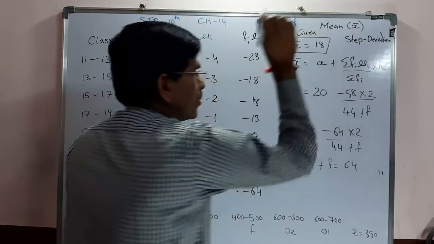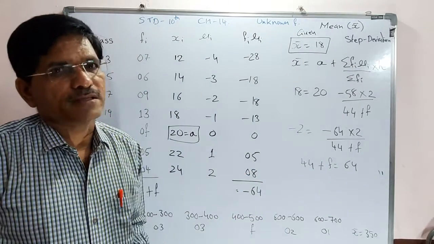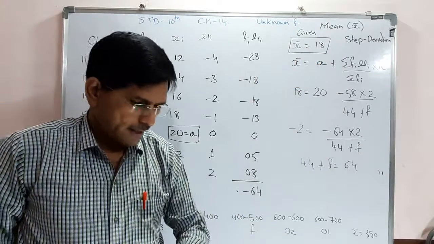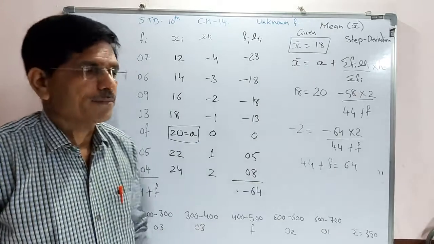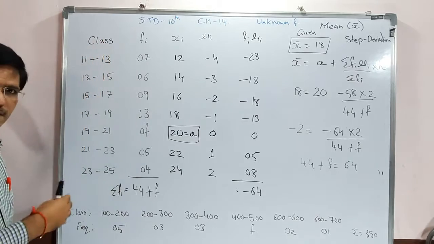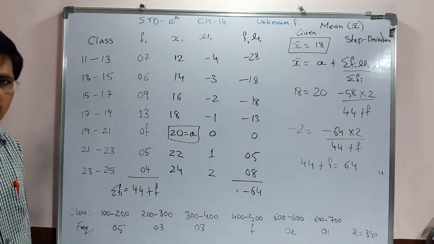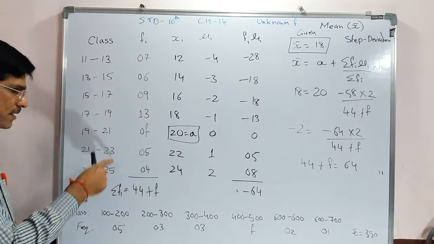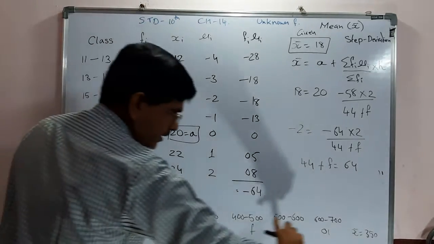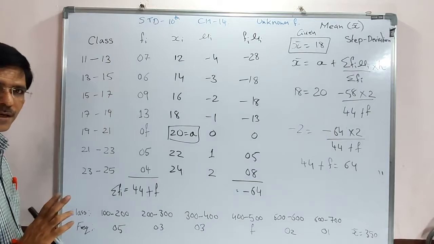It means the mean is always given. Whenever there are unknown frequency questions, at that time they give the value of x bar. Always remember. Now, according to statistics, every time classes are there, so we have to check that they are in proper order or not. Every time if you see, the difference is the same. So what do we have to write? When the question is given horizontally, we have to convert it into vertical form.